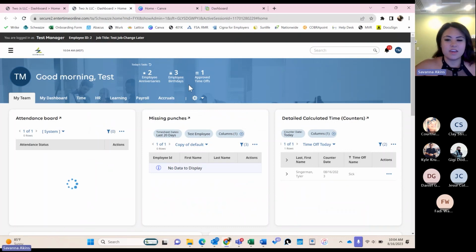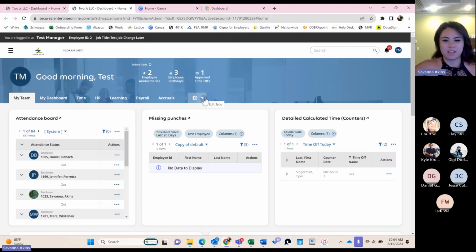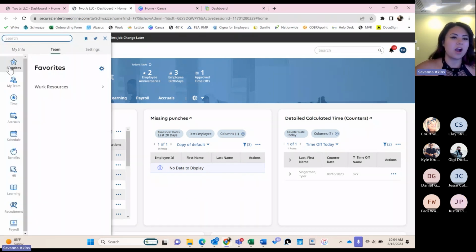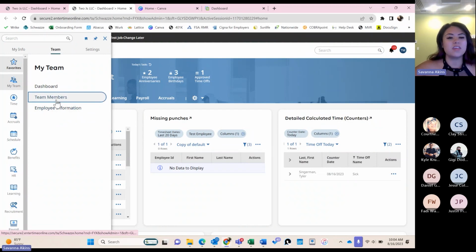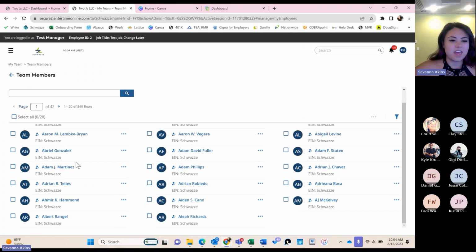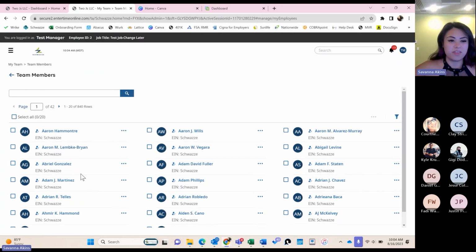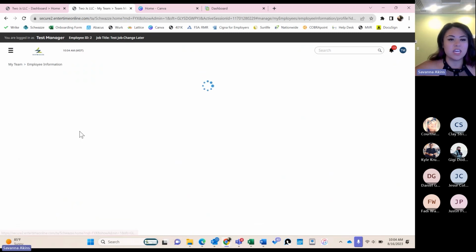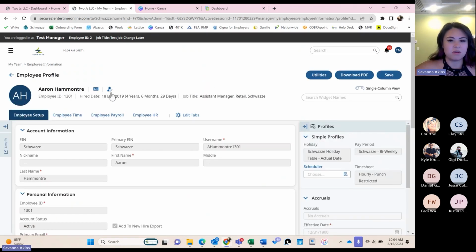So as you guys can see, I am in Work now as a test manager. How you guys will be able to view your employees' ID numbers, they're in multiple different sections of Work, but where I would recommend you guys view it is under your hamburger menu in the team section under my team. If we go to team members, you'll be able to view your team members here, and then you can click in to each team member's